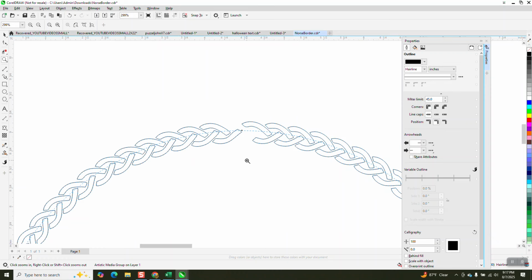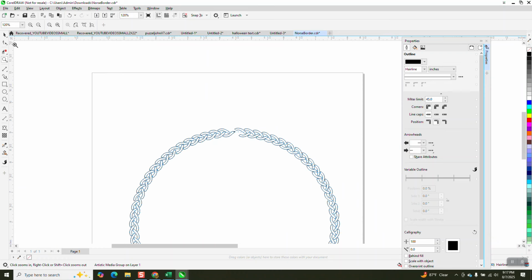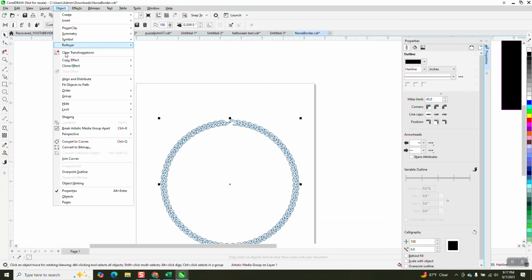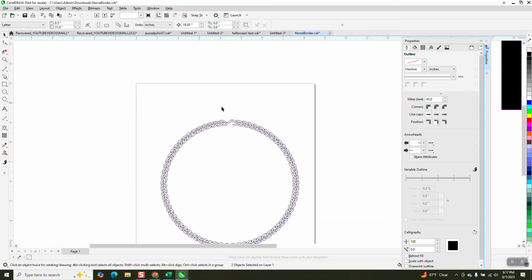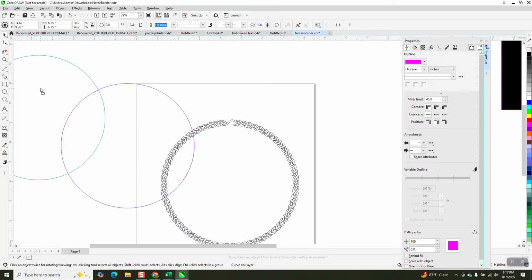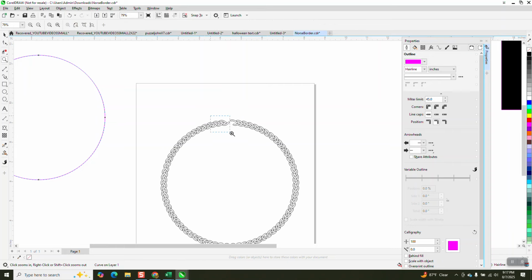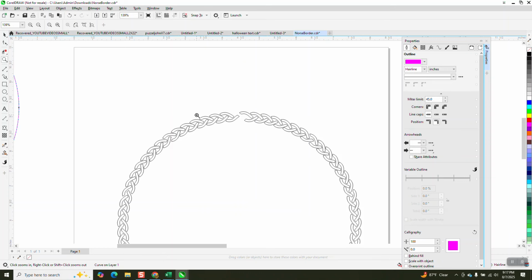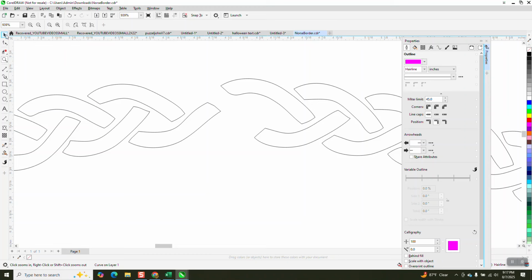Yeah, we're still off. But when we're here, let's break the artistic media apart. Move our circle out of the way. We can actually do, and this would be important, the other way I did it earlier was for a circle. But if we could do the same thing here now, that we're a little bit short, we're going to have